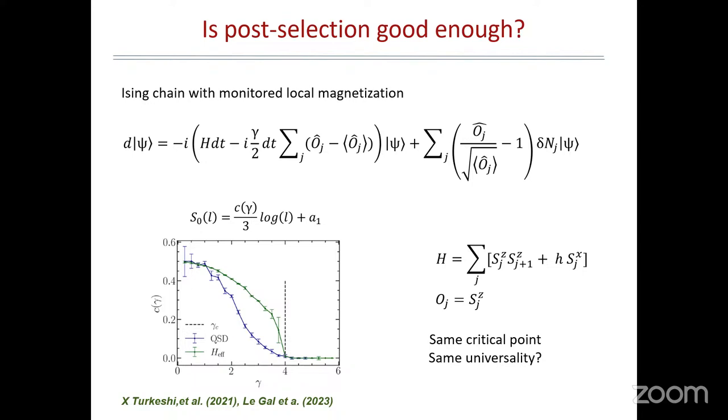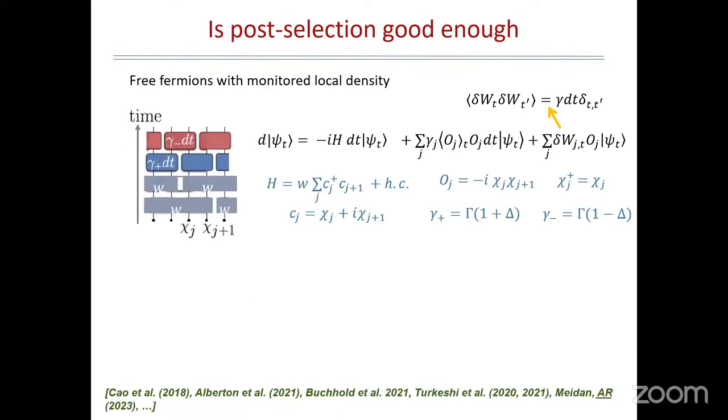And you see at least some features seem to be the same because the phase transition happens exactly at the same point. The x-axis is the measurement strength. So both the single trajectory and the ensemble of them give exactly the same transition point. It would be good if this is the general feature, but I'm afraid it's not. So you can study just a slightly more complicated problem that shows that this is not the general case.